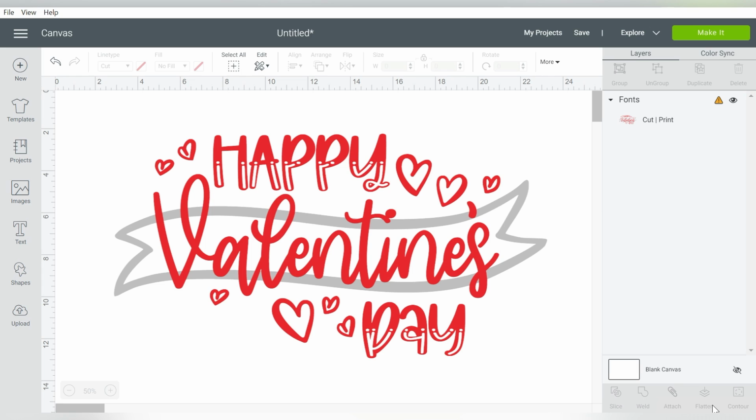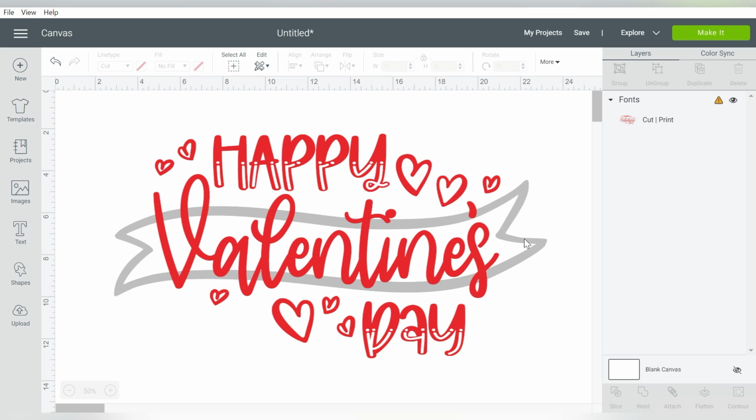Now let's move on to my second all-time favorite tool, and that is going to be fonts. Fonts are, I feel like, very underestimated in terms of designing. But we have a really awesome video to show you how to get the most out of your fonts and text. And just to demonstrate for you a few elements we have here, the hearts are part of a dingbat